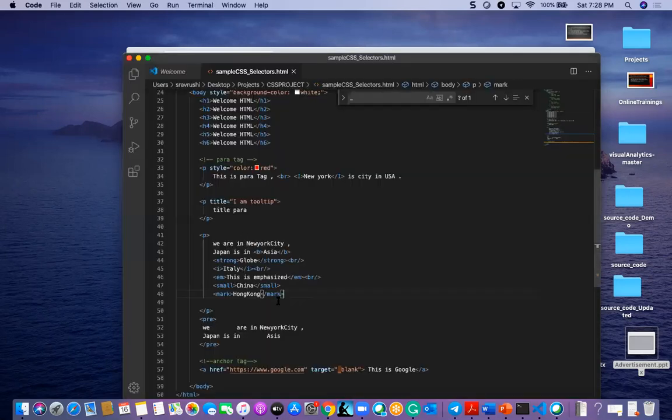I just want to delete some text, like Hong Kong, I will say it is in Asia. I just want to delete this line, while it is rendering. So while it is rendering, I just want to delete this particular Asia text.